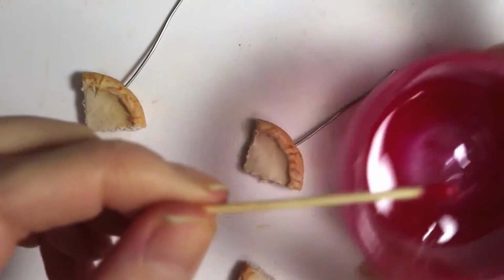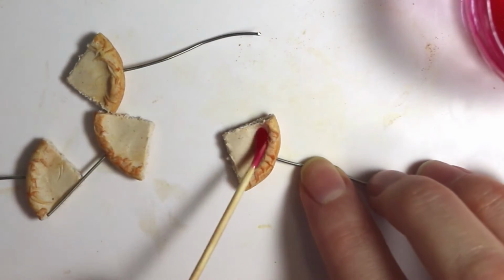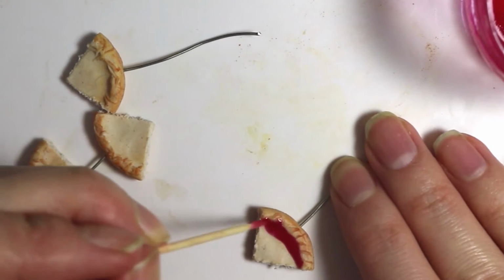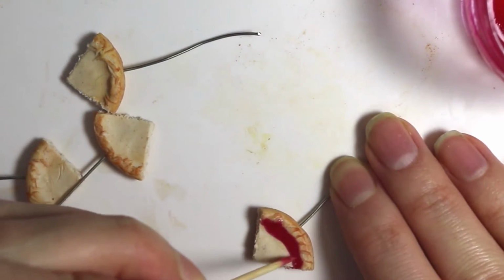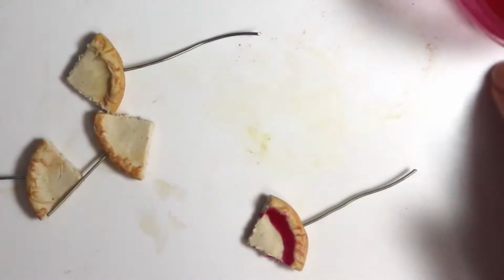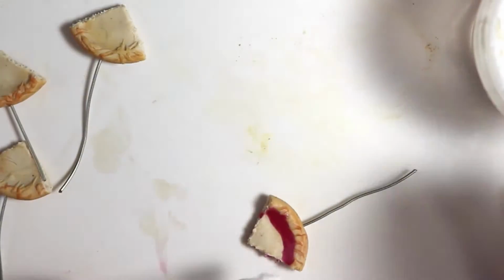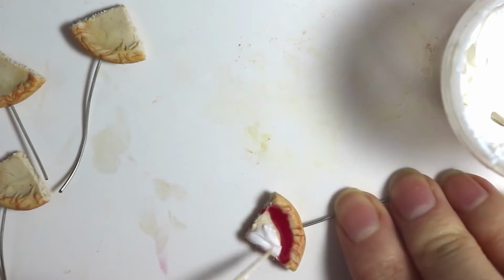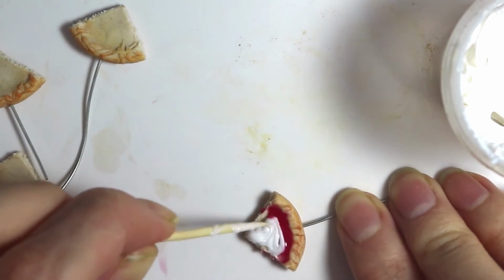Then once you're done that step, I like to use some cherry, which we're going to be using as icing. So pretty much all this is just your liquid FIMO with some red chalk pastels. And at this point you can just add on the sauce wherever you would like to. So I like to add a little bit drizzling on the sides and up on top of the crust,